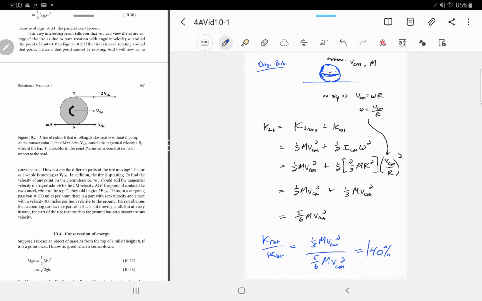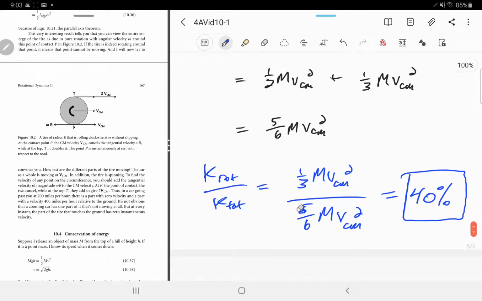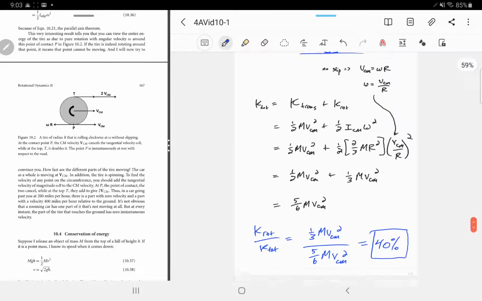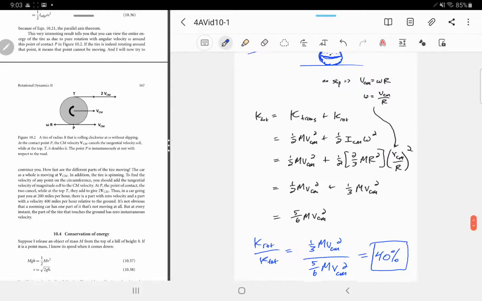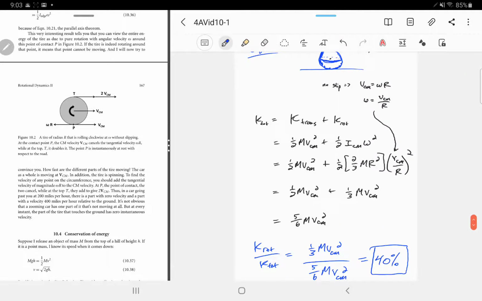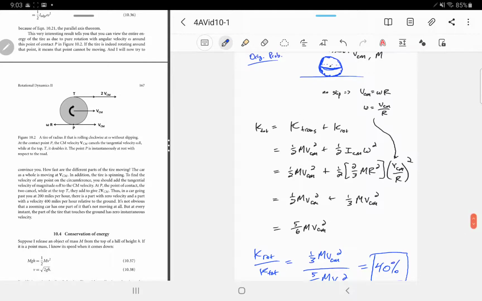So for our original problem, 40% of the total, and notice how the total mass canceled out, the VCM canceled out. We had to assume a value to make some progress on the problem, but the problem was worded in a way that we didn't actually need to know what that value is. It doesn't really matter what the speed is. It just matters that the thing wasn't slipping. So 40% of the total kinetic energy is rotational, and that means 60% of the total kinetic energy is